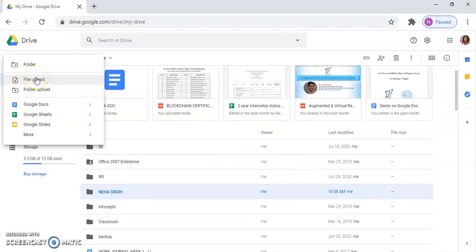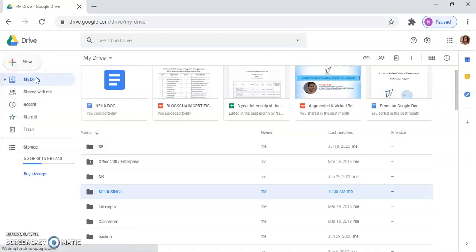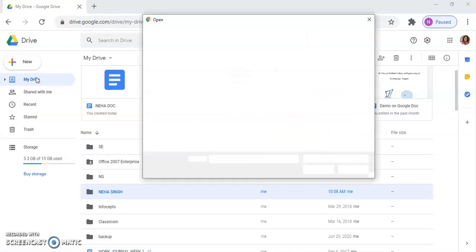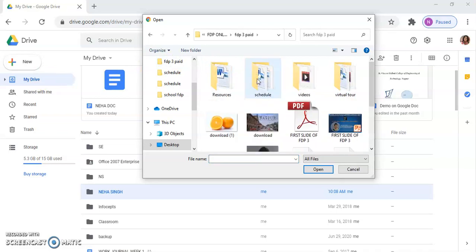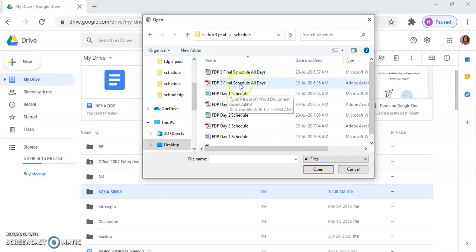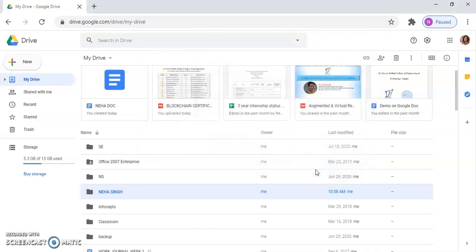So you will click on the option of file upload and you can upload the file from the internet or maybe from your system. I will select this particular file and then I will click on open.